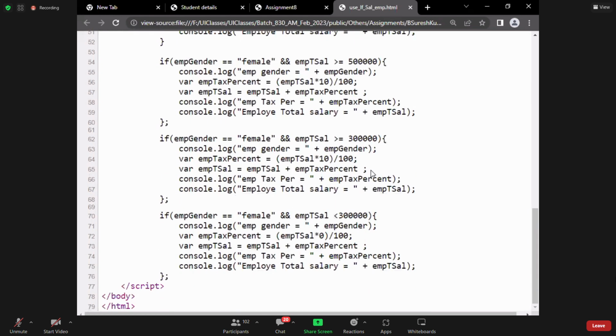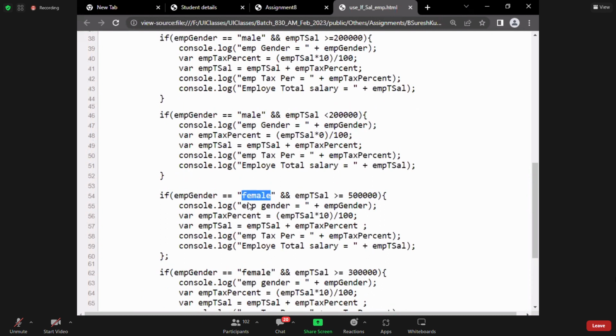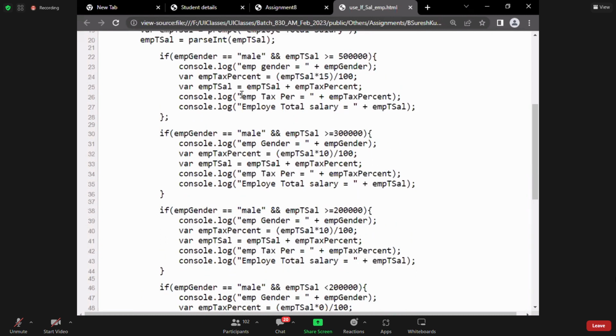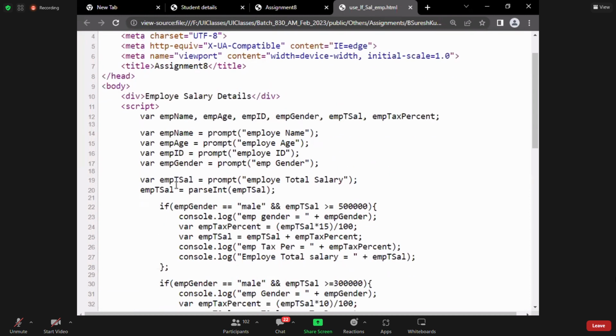So these all looks very good. Nice. But do you see, am I not unnecessarily rechecking the condition? Female, again female, again female. You see male, male, male. Am I not unnecessarily rechecking the conditions here? Okay, that also you have modified. Okay, very nice. So one thing what I'm saying is, and one more thing is, here you should not accept